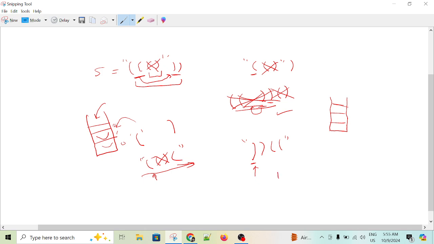increase the count, so the count will be 1, and again you will go here and say the stack is empty and you have the closing parenthesis, so you will again include it. Now you encounter the opening parenthesis, so you will put it here. We will not increase the count, we will again put it here, and now you have traversed the whole string. So to answer, this is the count we got due to the unbalanced closing parentheses, and these are two extra